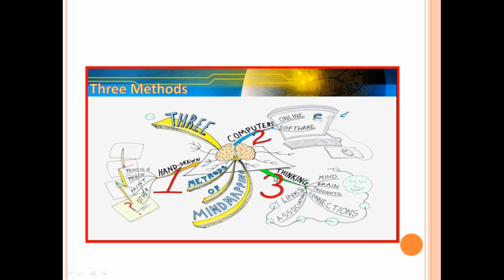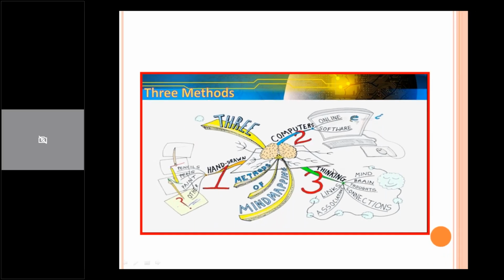And once you've got some idea, now you are going to put that idea in the form of either a physical or a soft copy mind map. Either your mind map can be a hand-drawn mind map. Take a piece of paper, keep it in the landscape position, take pen, pencil, paint, all those things. You can do a hand-drawn mind map.